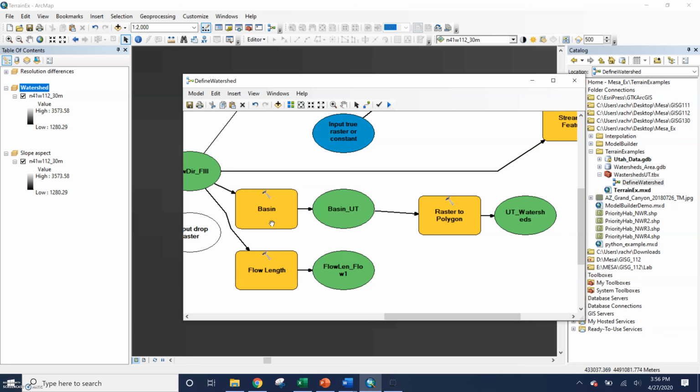One is the basin, and I'm blanking on the other one. This is the one that requires less input from you, so you do not need to have the pour point. So that's what we're doing. I don't know the Utah area very well, so we're just going with